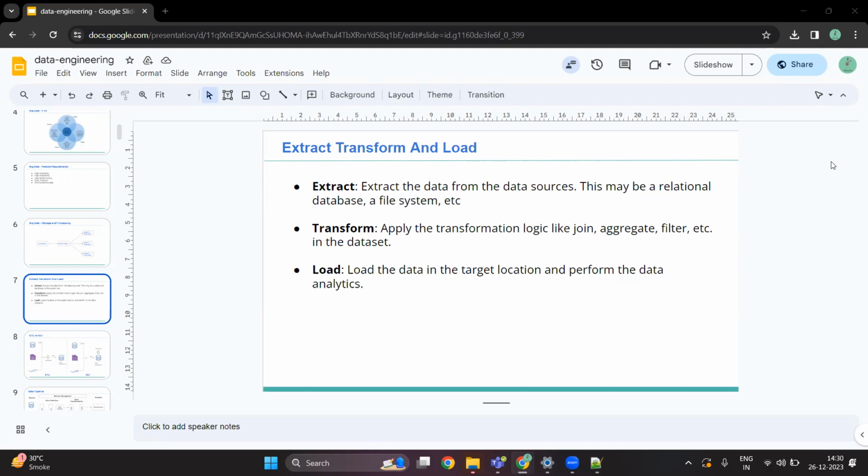Hello everyone. So today we are going to discuss ETL and how we implement ETL on Google Cloud Platform. ETL basically stands for extract, transform and load. Extract means that you want to extract the data from multiple sources. This source may be a database, a file system, any cloud storage like an S3 bucket or a GCS bucket, or any source from where we can